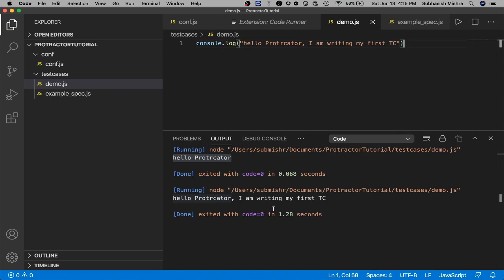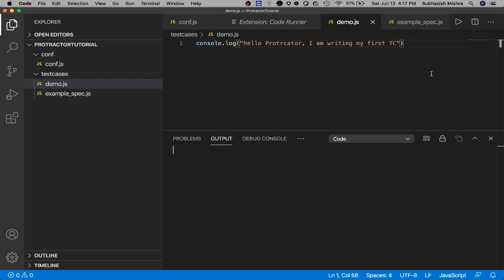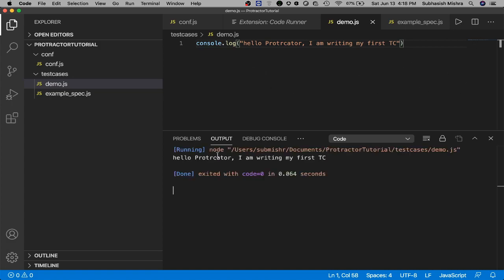See, it is getting printed. So that's how it helps. You can execute from here. With this extension, if you want to execute any JS file, you can click on this there itself and it will get executed here itself. It will give you the result. It will help you to test your code at any point of time.